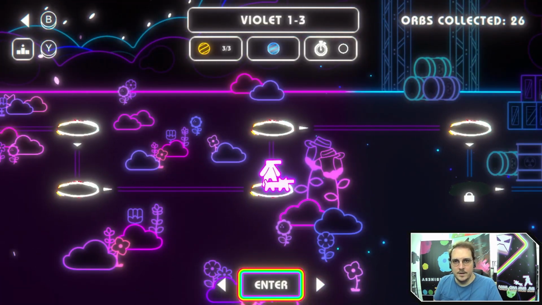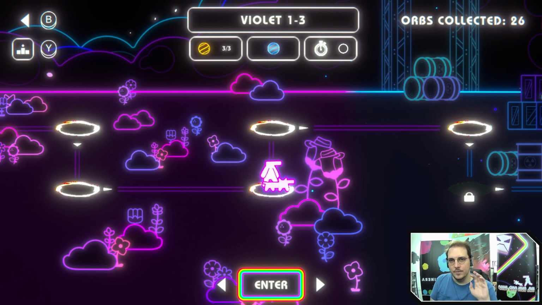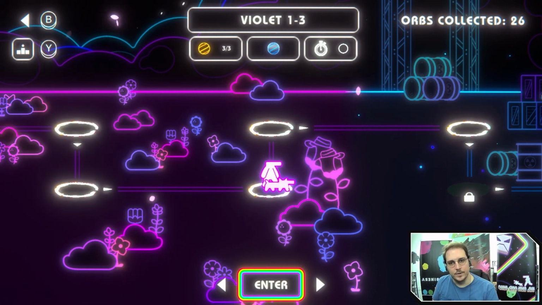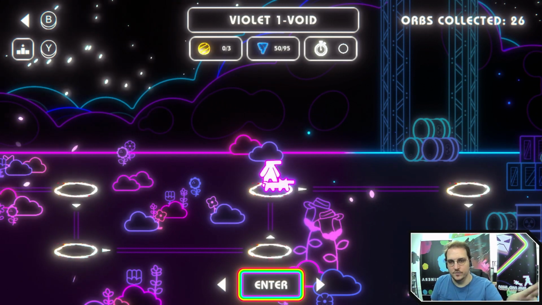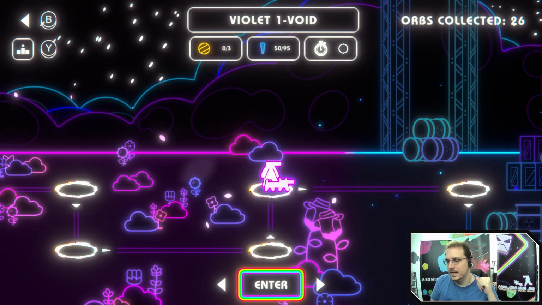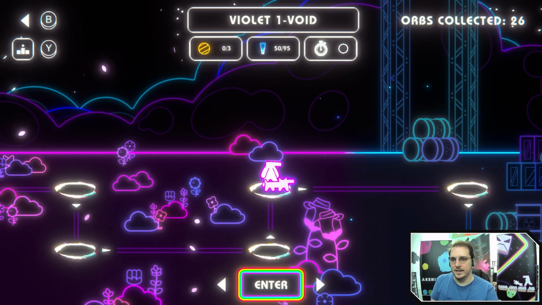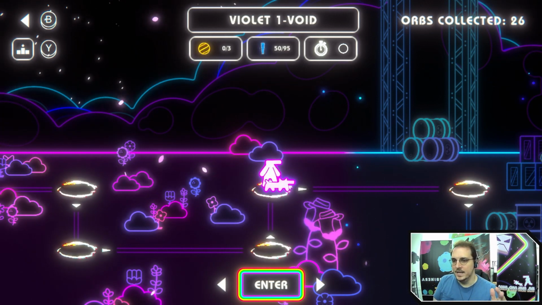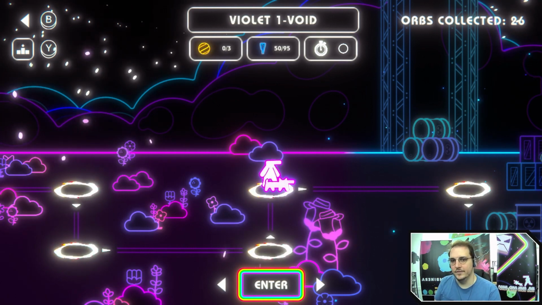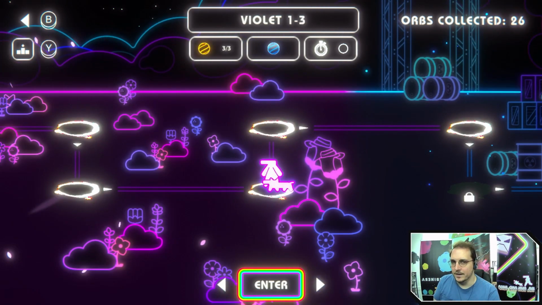But yeah, here we'll check out level 3 for the stream, and then the demo goes up to this 1-void. This is the 4th level, but I figured maybe there's kind of a fun surprise in that level, so maybe we'll save that. If you're interested, check out the demo. You can see that level for yourself. But I figure let's play through this.